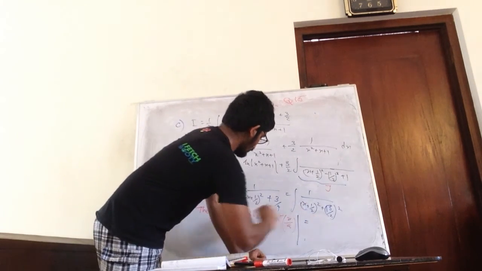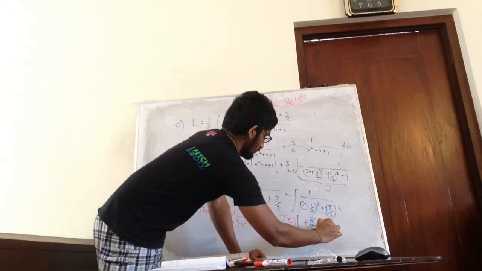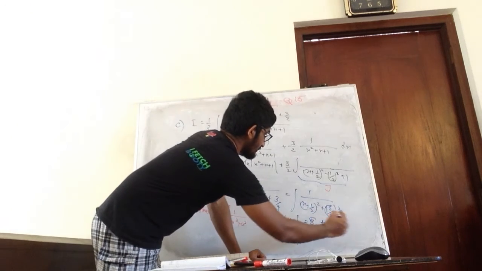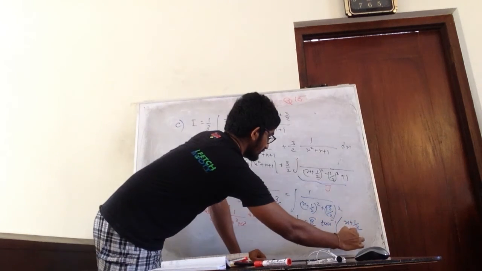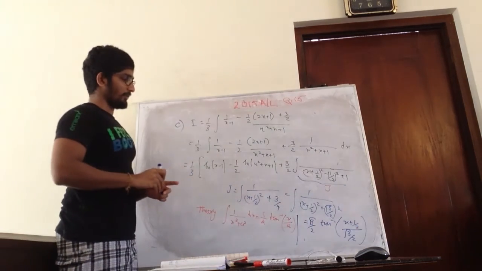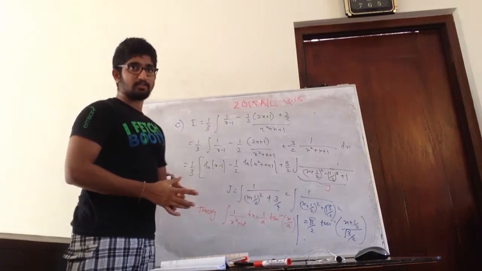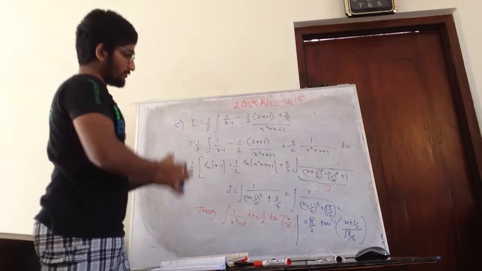So what is this thing? 1 over a is what? Square root 3 over 2. Tan inverse x is what? x is going to be x plus half, and this is going to be square root 3 over 2. Right, so you found it as well. There is a plus c anyway, so let's write the c part then. Okay, so write this down.